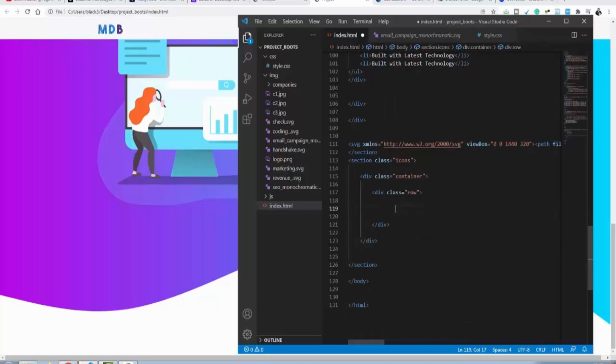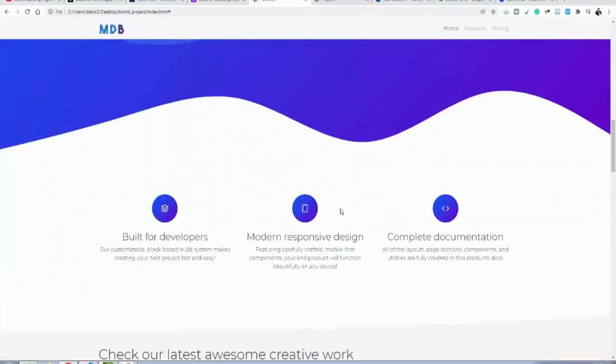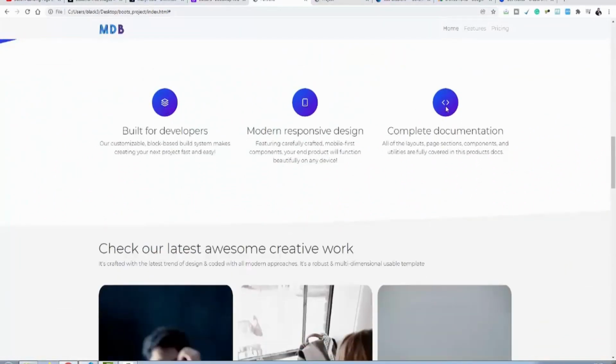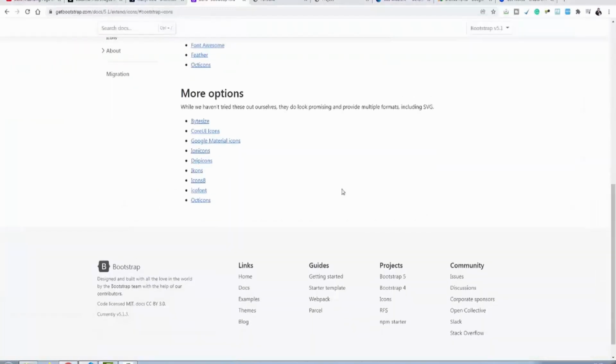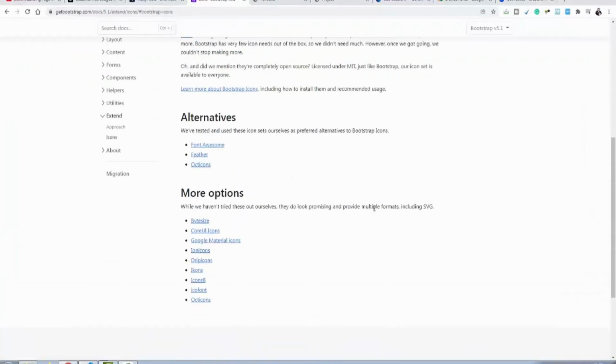Now we're gonna type col-md-4 times three, since we need these three sections, three icons or elements. So go to